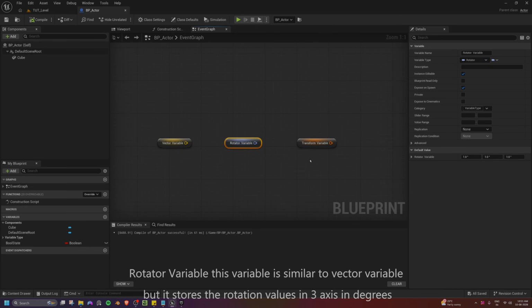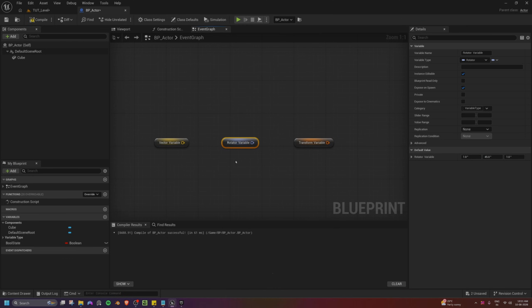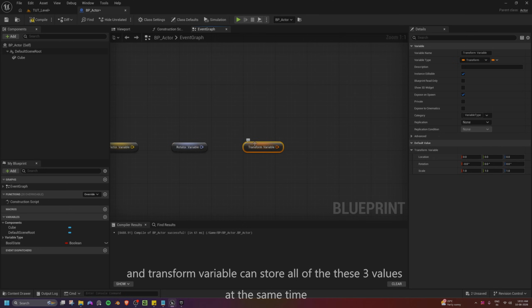Rotator variable. This variable is similar to vector variable, but it stores the rotation values in 3 axes in degrees. It can only be used to store rotation of any actor. And transform variable can store all of these 3 values at the same time.